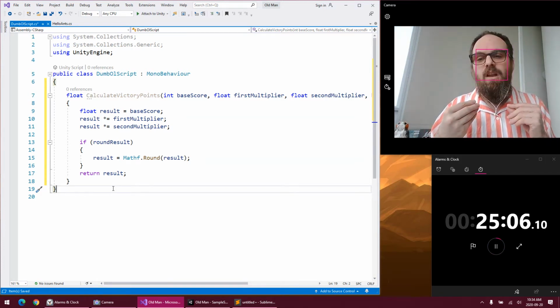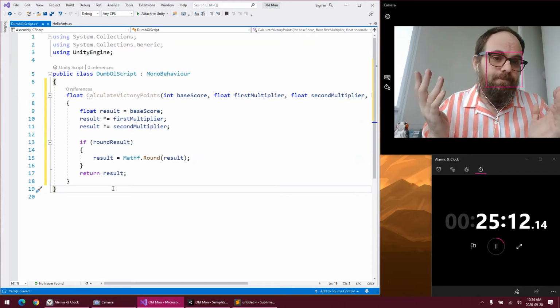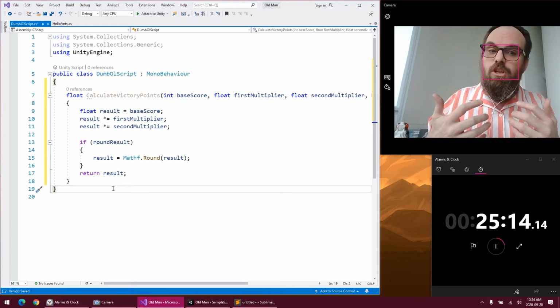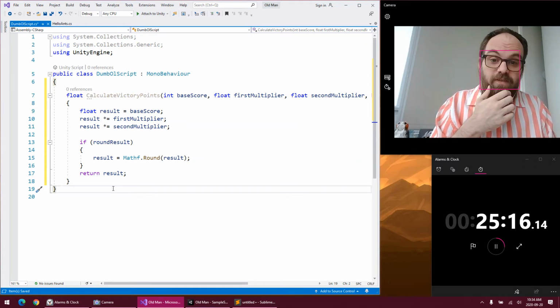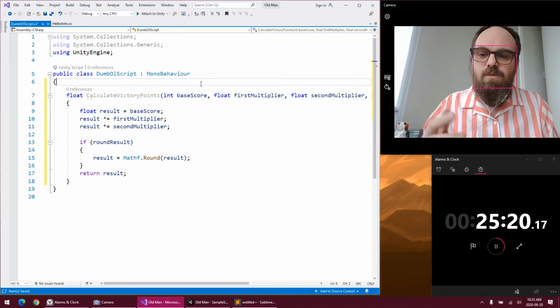So now we have, you might call this a utility function. Yeah, like it's just kind of an idea of what you can do with return values and what you can do with arguments. So this is why